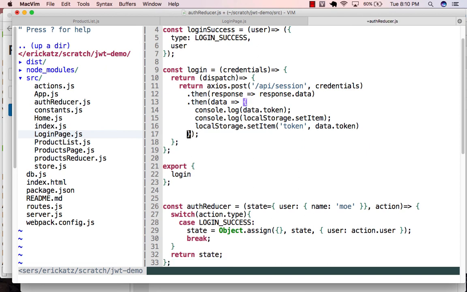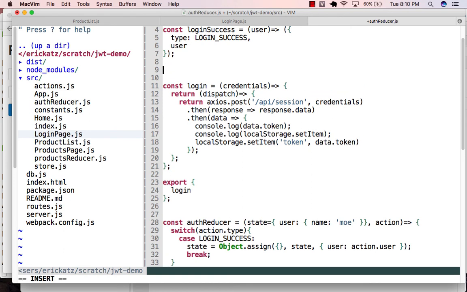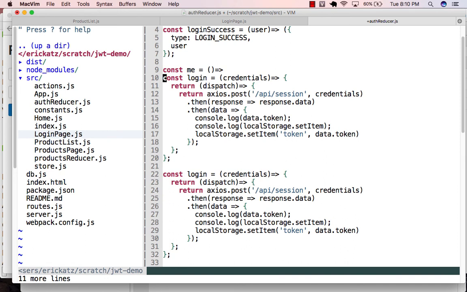So one thing that I could do is go and have another dispatch. I'm going to call this me, and I'll show you why in a second. I'm going to cheat a little bit. I'm just going to keep this internal for a moment. And when I call me, and I go to dispatch,